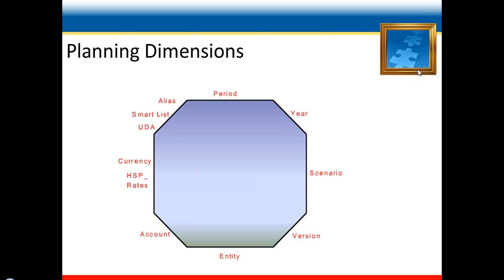The version dimension allows for flexibility and iterative planning cycle. For example, your application has two versions, working and final, for each scenario. You can also use version to model possible outcomes based on different assumptions about interest rate, growth, and so on. For example, your application includes a best case and worst case version for each scenario.